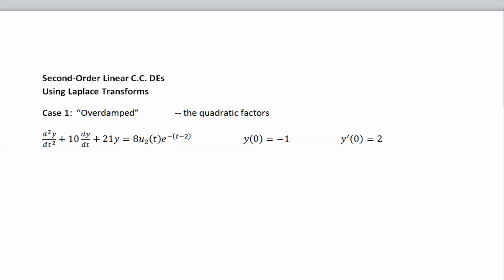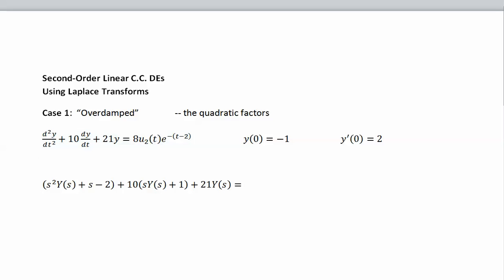Laplace transform both sides. On the left-hand side, we would get this. So you see the second derivative of the Laplace transform is here. I'm plugging in the initial conditions, -1. There are two negatives here to make a plus 1, and then a 2 is a minus 2. Okay. Now on the right-hand side,